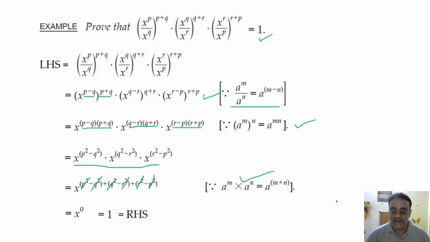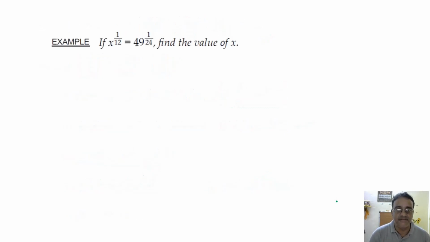No, sir. Right, now we are moving towards the next category, that is to find the value of the variable based on some condition. So see this question, x to the power 1 by 12 is equal to 49 to the power 1 by 24. Find the value of x. Okay, सिलेबस में nth रूट डिलीट हो गया है. nth रूट क्या होता है देख लो, ऑलरेडी मैंने वो क्लास में बताया था. nth root of x is equal to x to the power 1 upon n.